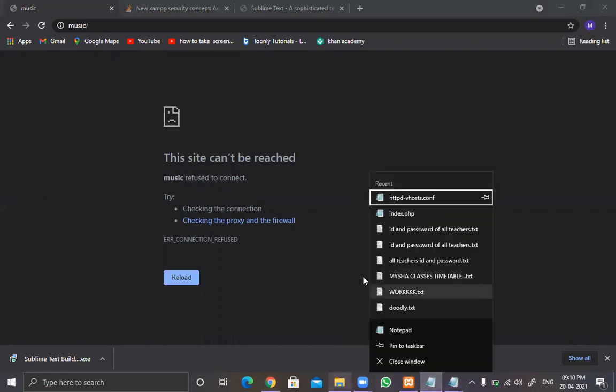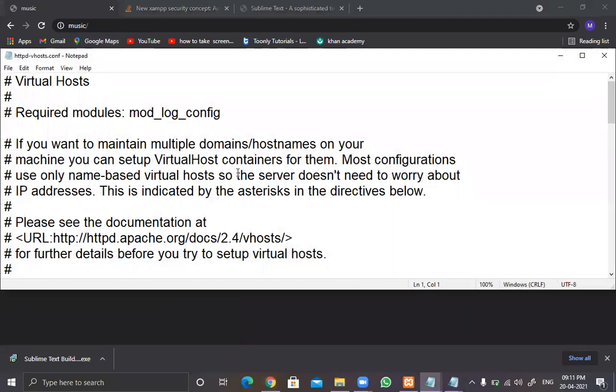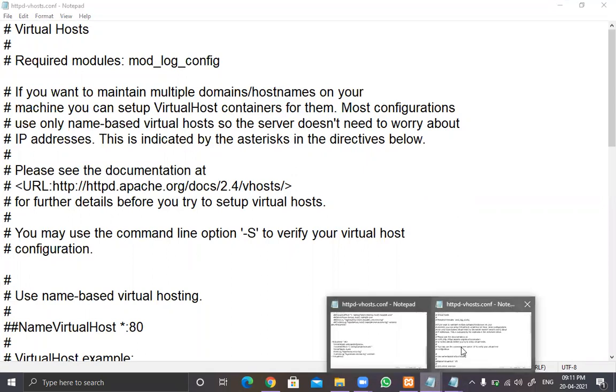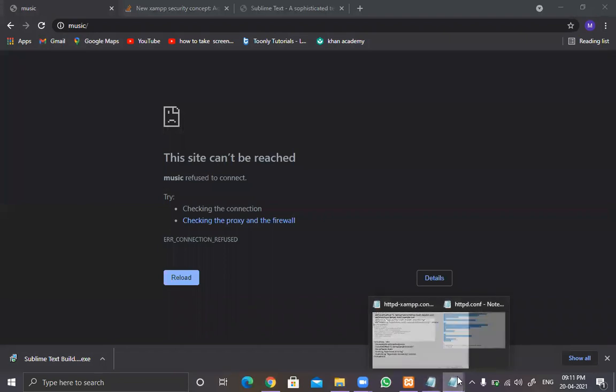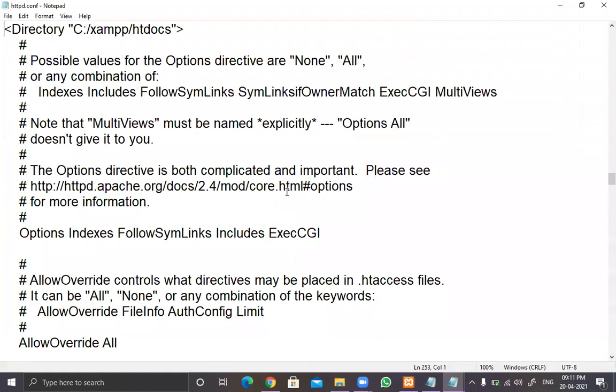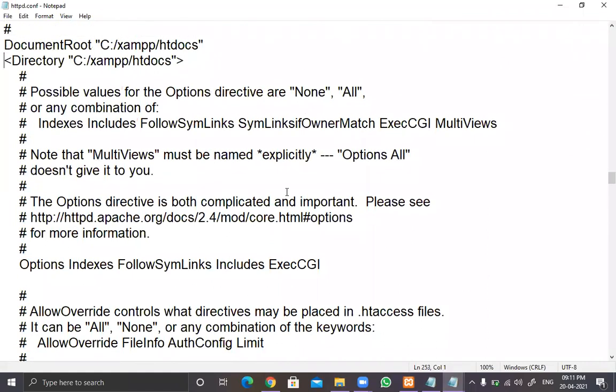Here is my virtual host configuration. The reason for this website not opening is your httpd.conf file. In this file, you see this directive, C drive XAMPP htdocs.